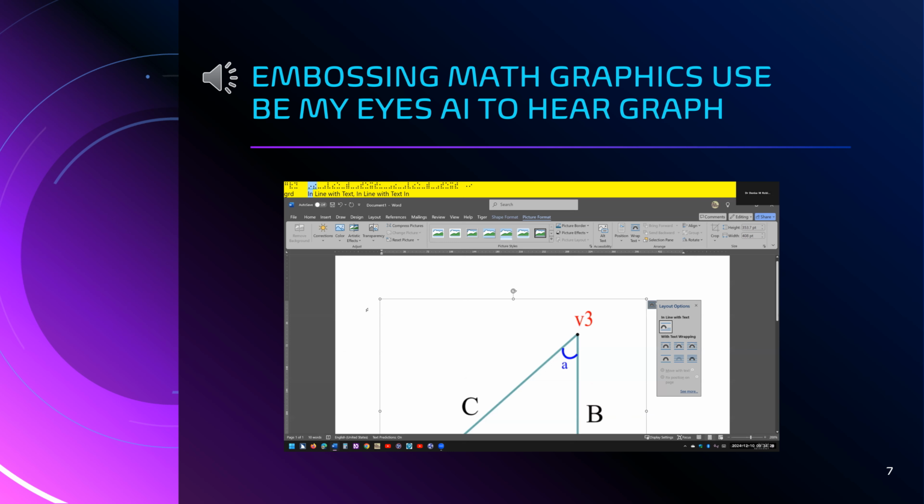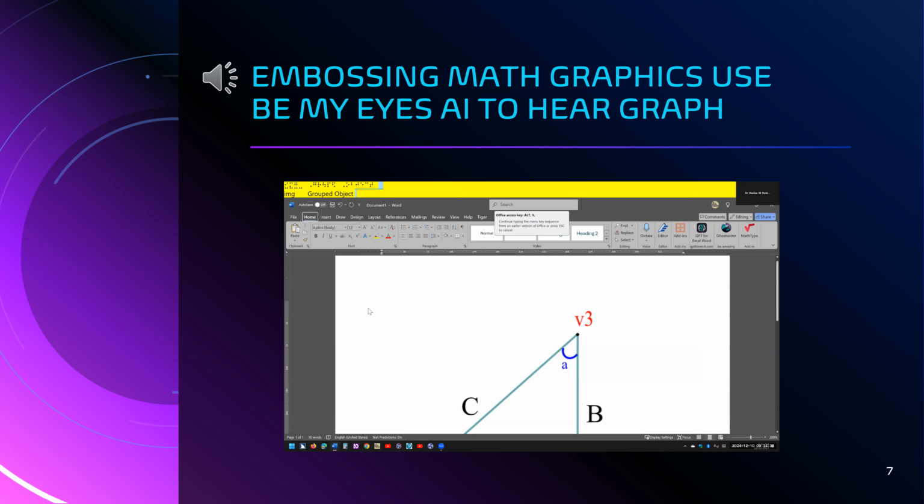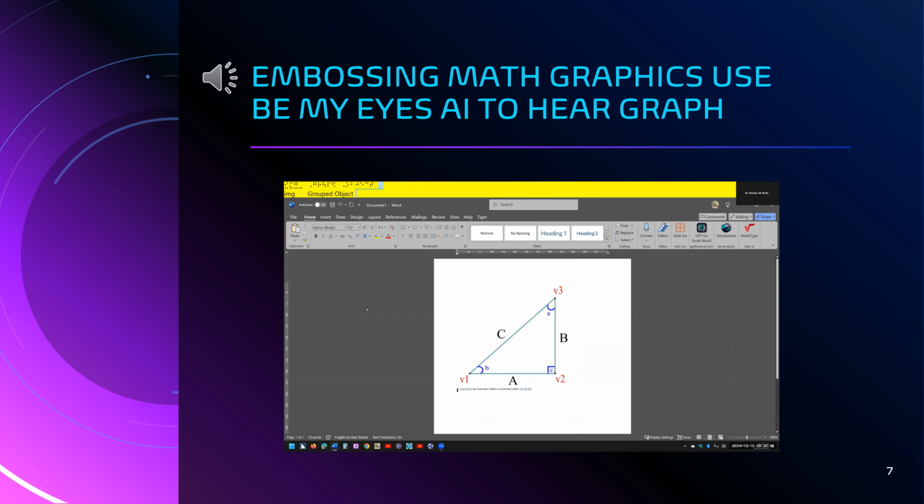And I'm not hearing my JAWS because I suspended it. Let me hear where I'm actually at. Insert tab. In line with text button. Escape and get out. And now I'm going to Alt-V. Upper ribbon. Menus, leaving ribbons. Alt-1, 1 to 100%. Okay, and now I'm going to open my Be My Eyes app, and it's going to